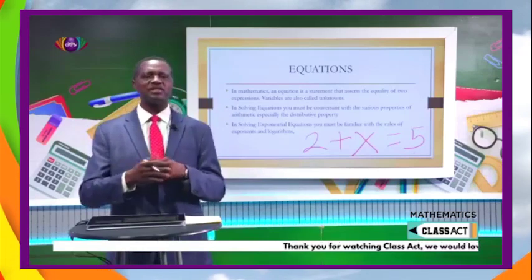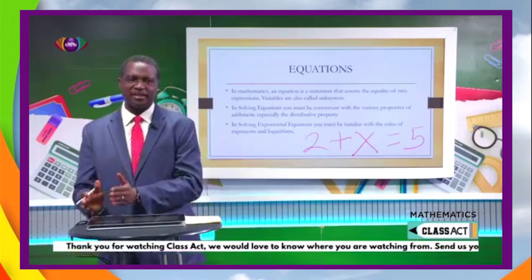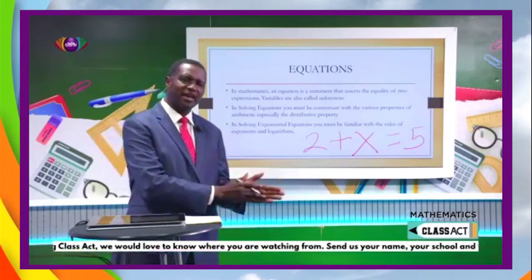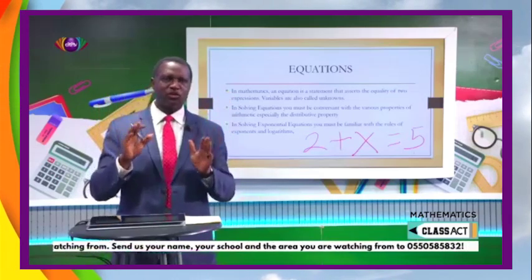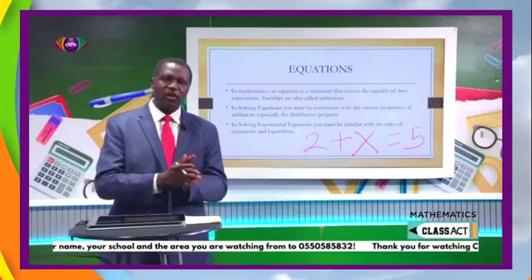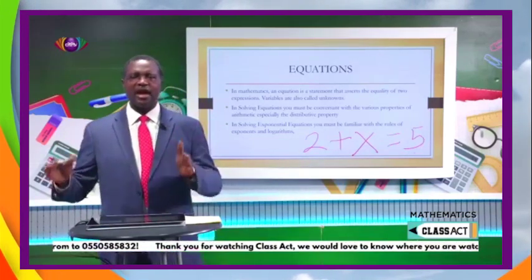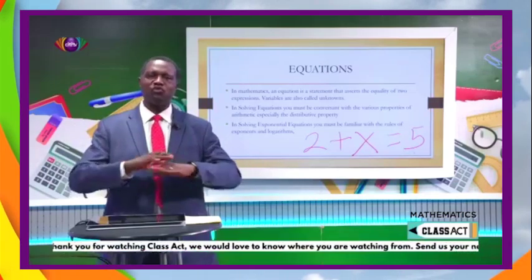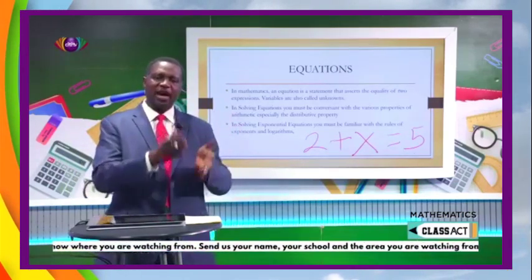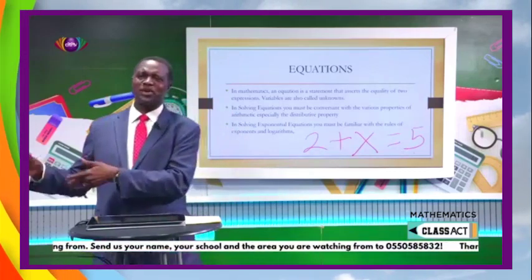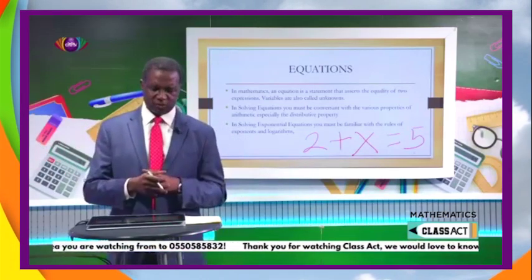Now, equations is about equity. That is about fairness. Whatever you do to the left-hand side, you have to do to the right-hand side. So take note of that. Because the left and the right have to be the same. There should be a balance. You cannot add something to the left and say, oh, right, I don't care about you. That's not fair. You've got to be fair when we're dealing with equations.